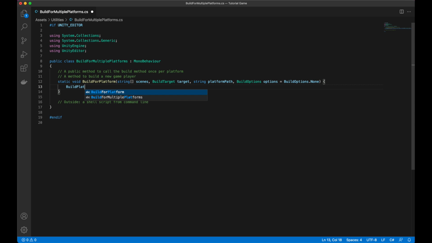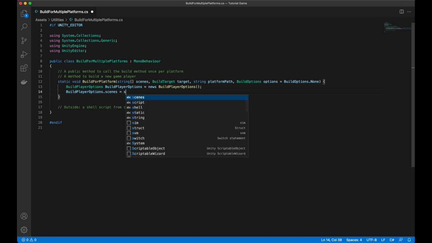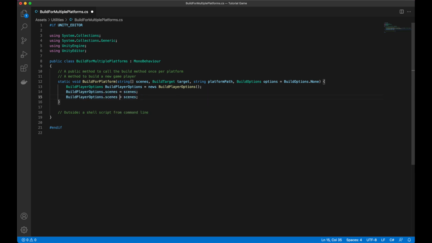All right, so now inside this code, we're going to write BuildPlayerOptions, which receives a new BuildPlayerOptions instance. And inside it, we're going to define the scenes as being the provided scenes. We will define the locationPathName as the provided platformPath, but this is not enough